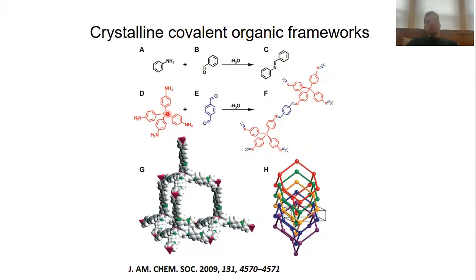Okay, so when you polycondense building units like that here, you are also forming a diamond framework. It's just that it's an expanded version of a diamond framework with a large degree of porosity in between